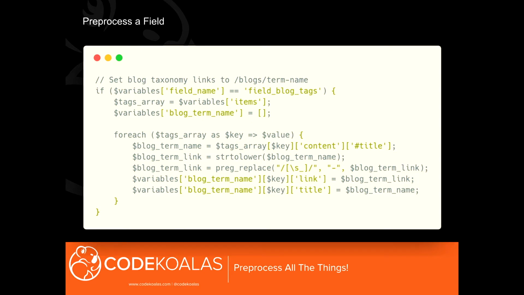I'm just defining an empty array at this point, and then I'm looping over the tags array, doing a for each here. So I'm just grabbing these titles and setting them in the URLs for these paths. So instead of just being /taxonomy/term/1, 2, 3, the URL for these taxonomy links will now be